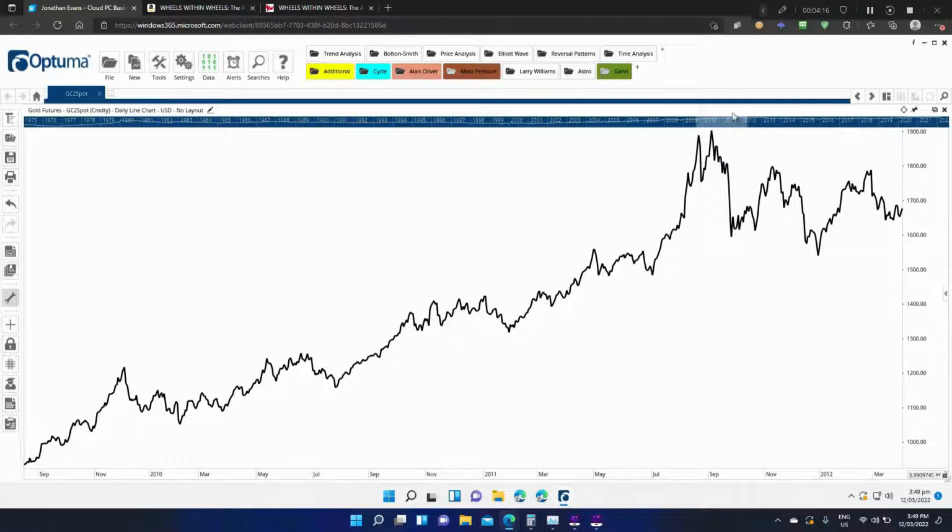It's just that the cycle has flipped. And what you have to do is find out which one of those cycles is flipping. And it's quite easy to do when you have a perfect forecast. Now, I'm not going to say I have a perfect forecast for gold, but I think I've got a pretty dang good one.